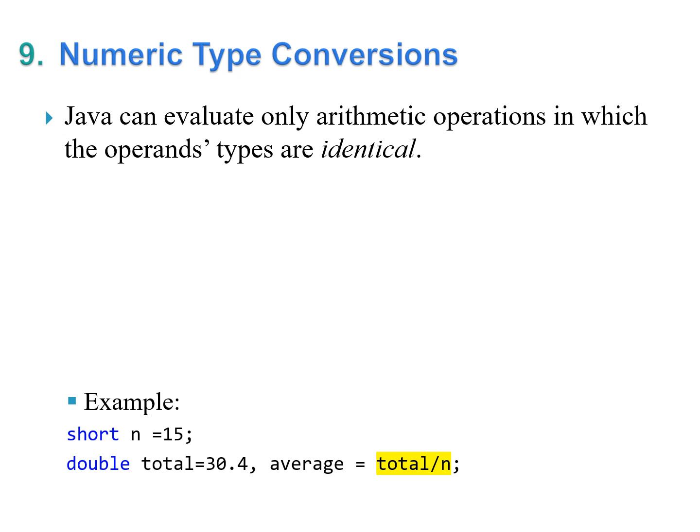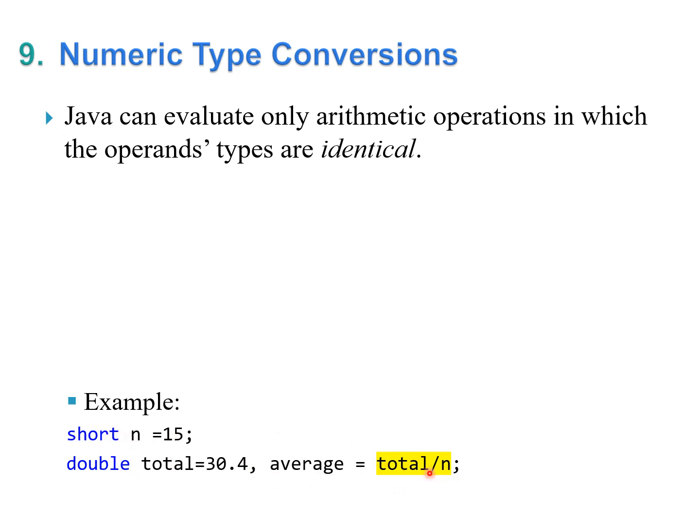We switch to the next section, which is about numeric type conversions and the cast operator. To motivate this section, let's go over arithmetic operations. Note that Java can evaluate only arithmetic operations in which the operand types are identical. For example, the division between a double variable and a short variable, as in these two statements, cannot be performed